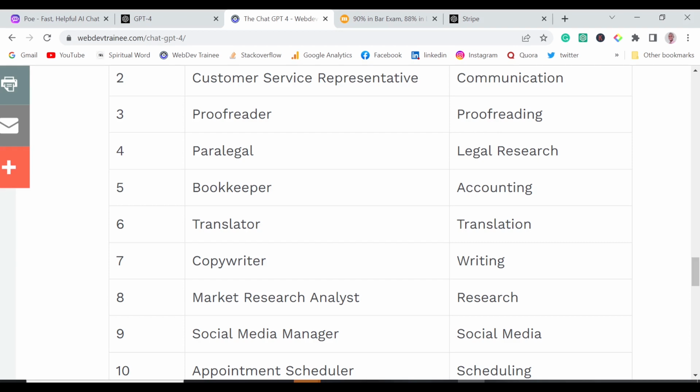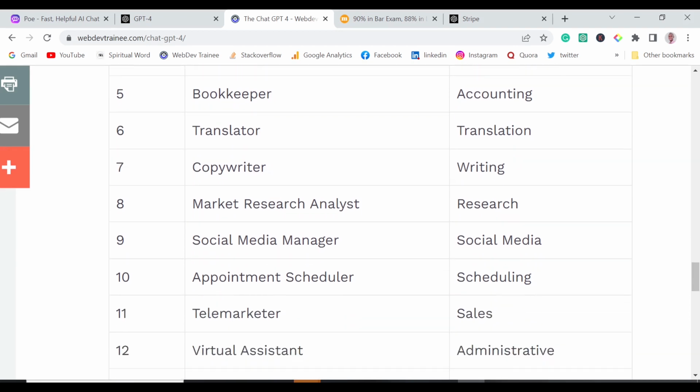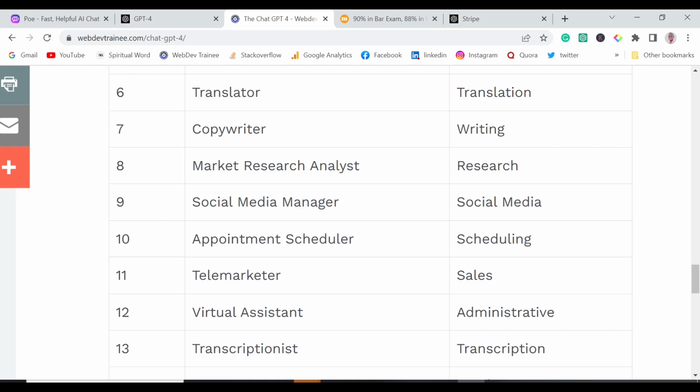Paralegal, we have legal research, bookkeeper with accounting, translator, copywriter, market research analyst, social media manager, appointment scheduler, telemarketer, virtual assistant,